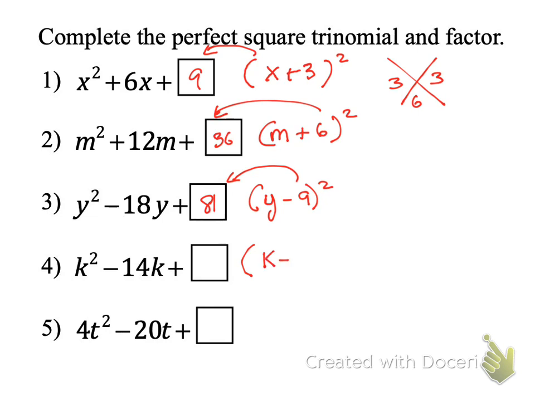K minus 7, good. And then what goes in here? 41. 41? I'm so confused. I'm really lost. Where'd you get 41? I was just kind of following. Yeah, what's the pattern? You should be following a pattern. 39. Thank you. Okay, now the only one that's kind of tricky is we know that the root of